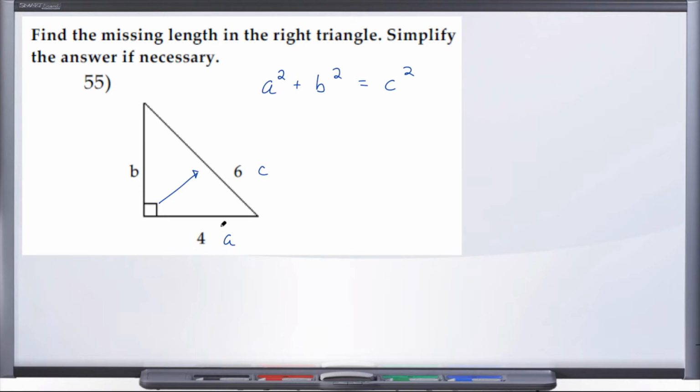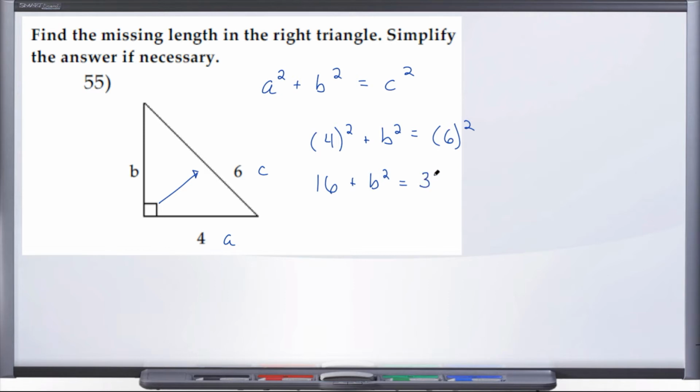So we have our a, so we're going to say a squared plus b squared. We don't know what that is just yet. That's what we're solving for. Equals, well, what's c? 6 squared. All right, well, what is 4 squared? Well, 4 squared is 16 plus b squared equals c squared, and in this case c is 6, so 6